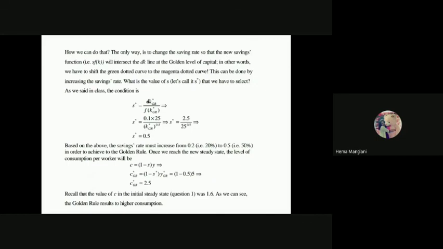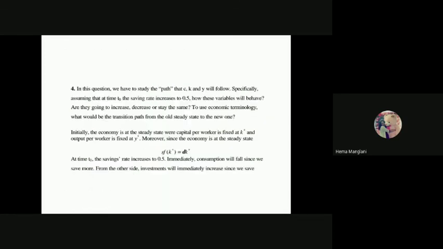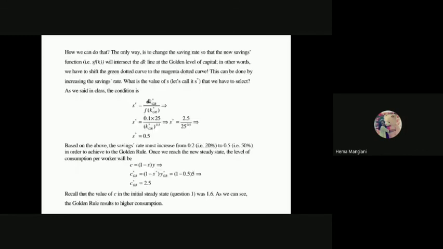Earlier it was 1.6. So it means your C is now rising. Your C is rising, your S is rising. Because your S is rising, that is why your K is rising. And why is this rising? This is rising just because of your intervention, because you still have the potential, and the important condition which we are following over here is the golden rule of capital accumulation, where your marginal productivity of capital is greater than your DK. Is that clear, you guys?